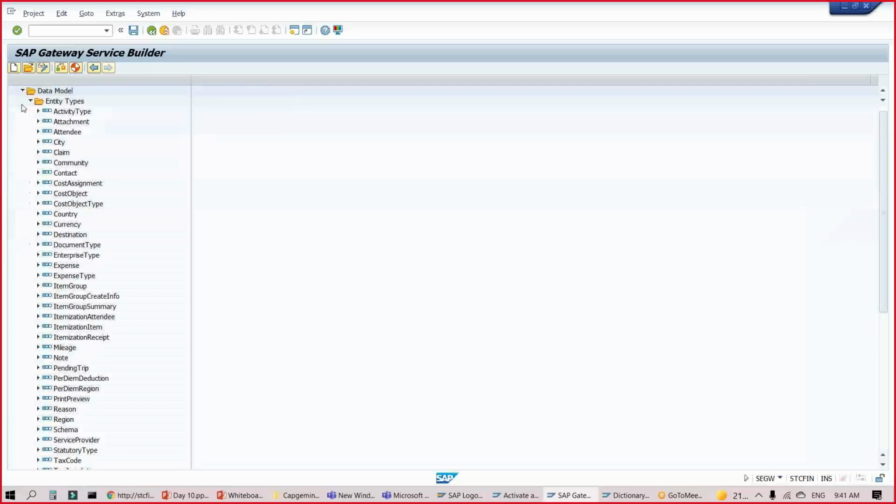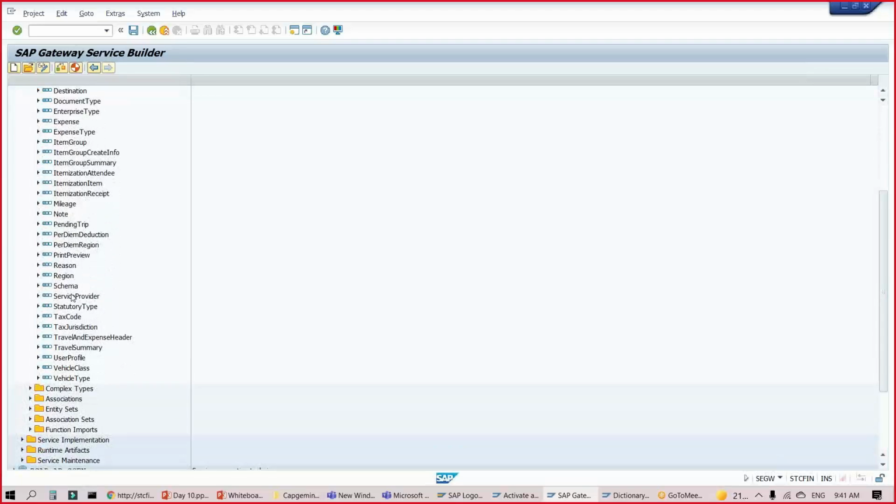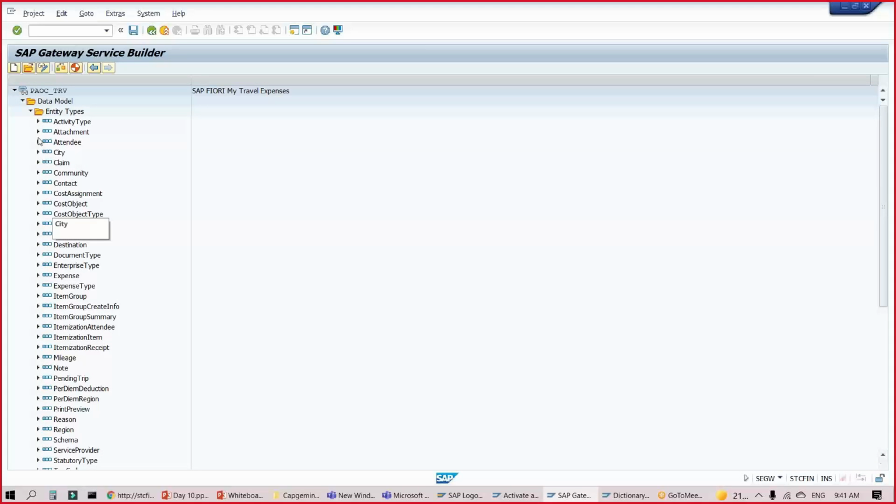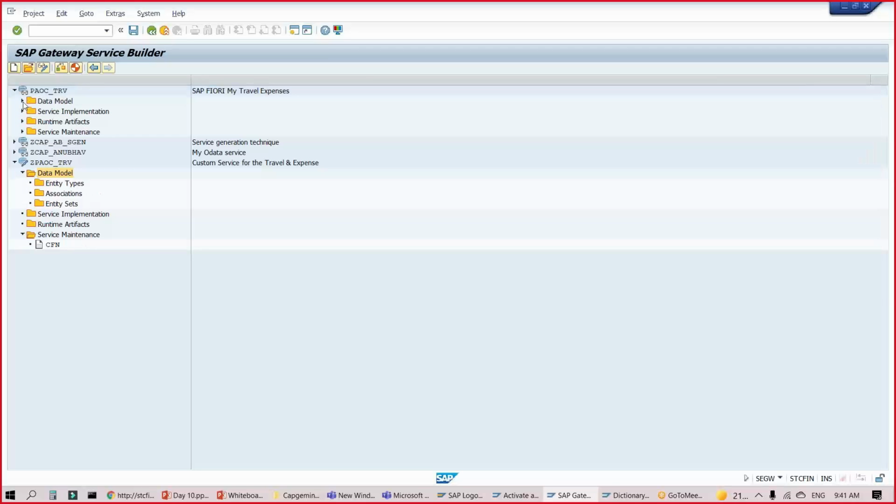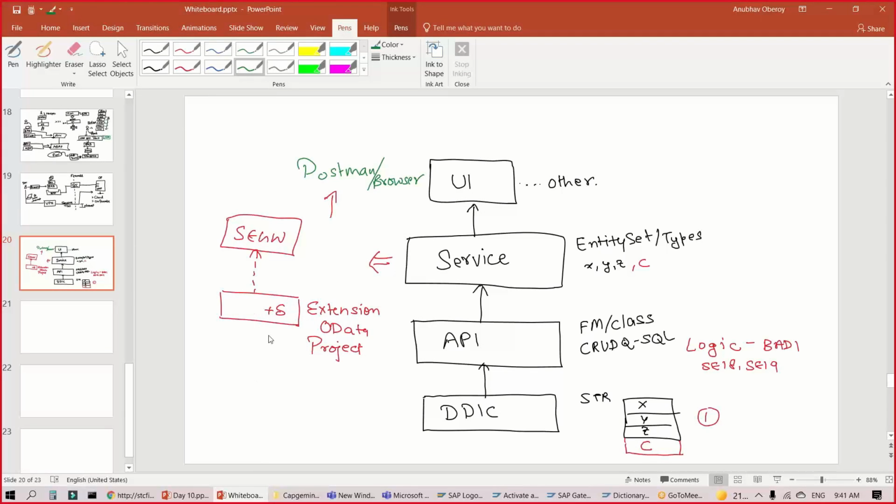And look at the standard service. It has a humongous number of entities. If I have to replicate this manually, believe me, it is not something which I could do. Yes, it will be a huge effort. So what SAP gives is a great option to define an extension. Remember, I told you that we should not rewrite everything. Rather, we should reuse. In the past, when you used to extend a program, sometimes we used to copy. That copy decouples you from standard permanently. And in the next patch release, if a new feature comes to that program, you're decoupled. You have to copy again, redo everything. So we don't like that approach.